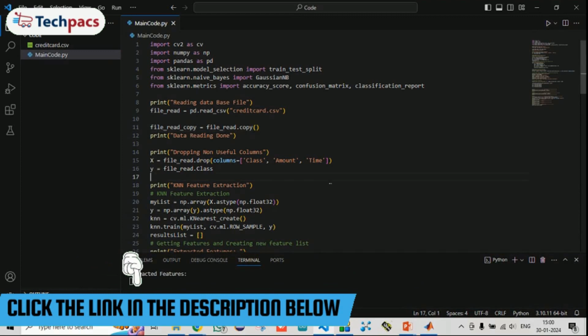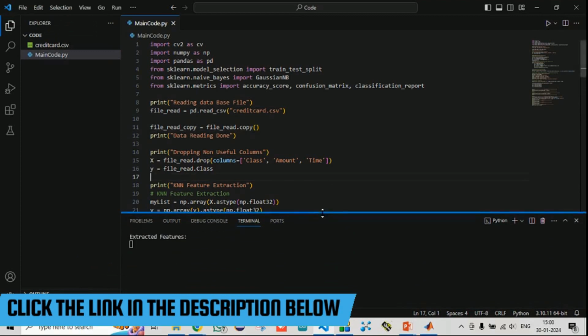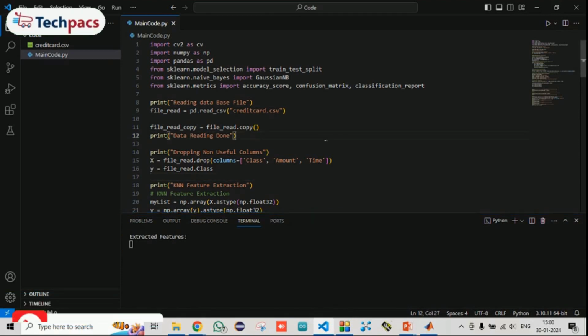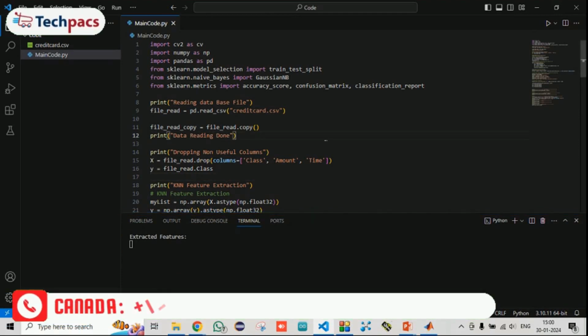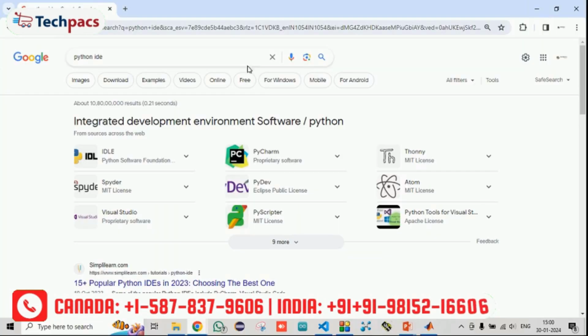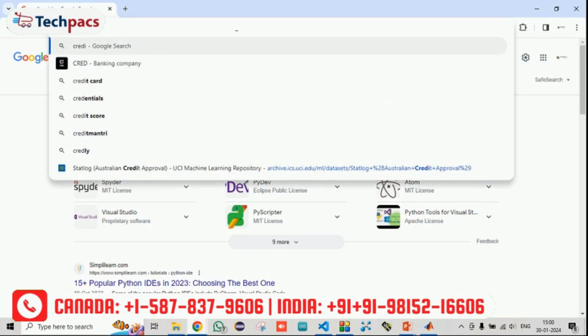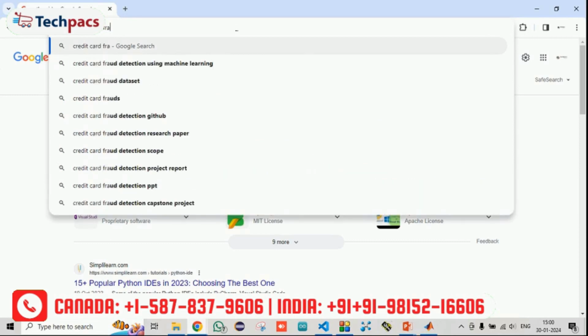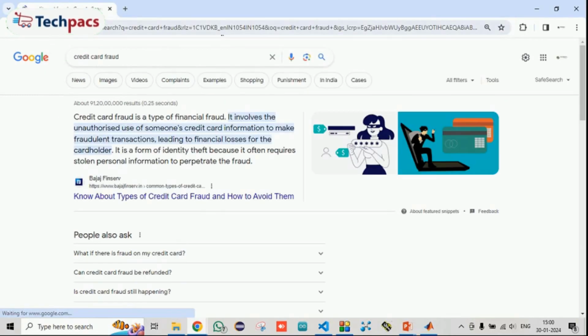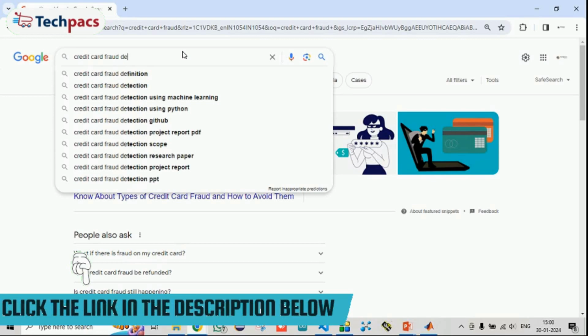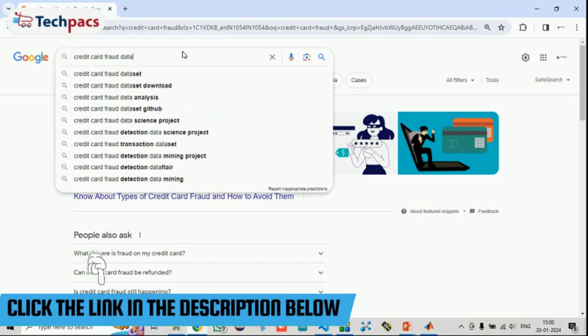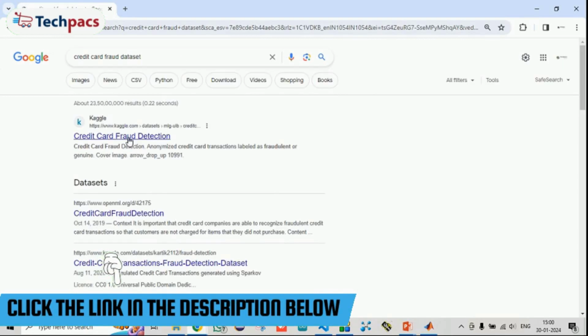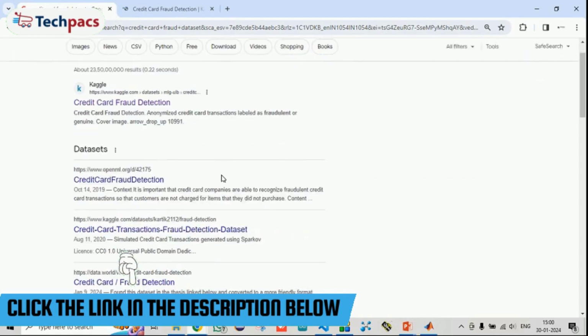Now let's talk about what people are doing and what exactly the new thing we have implemented is. Currently people are taking the data set of credit card fraud detection. The data set can be taken easily from the internet. You just need to search credit card fraud detection. There are certain websites that provide the data set. The data set that we are using is taken from Kaggle. You can also go to